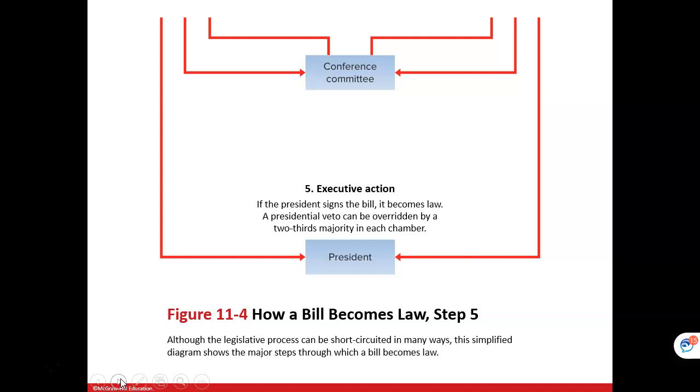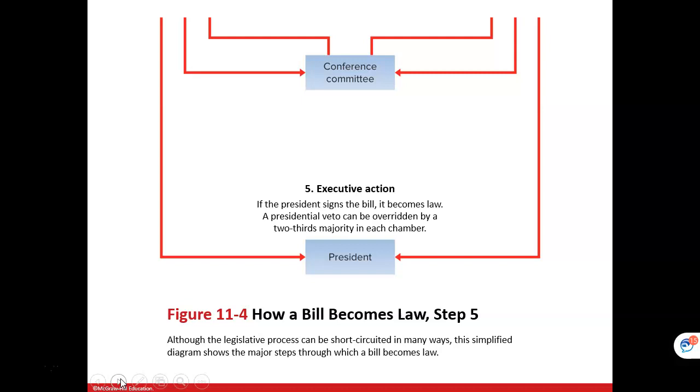If the president vetoes a bill, says, no, I don't like this one, there is a provision in the Constitution that allows 2/3 of both the House and Senate to override the president's veto. This is very rare. Most of the time, you don't have 2/3 of the people that are so approving of a bill in the House and Senate that they have enough to override a presidential veto. And so, if the president vetoes it, usually that's the end. But there is a provision.